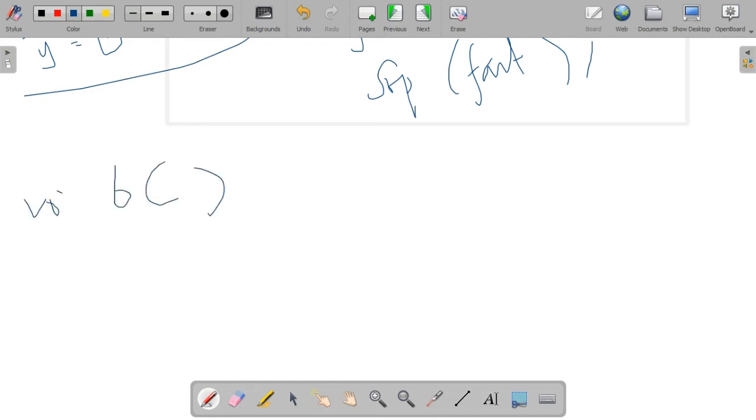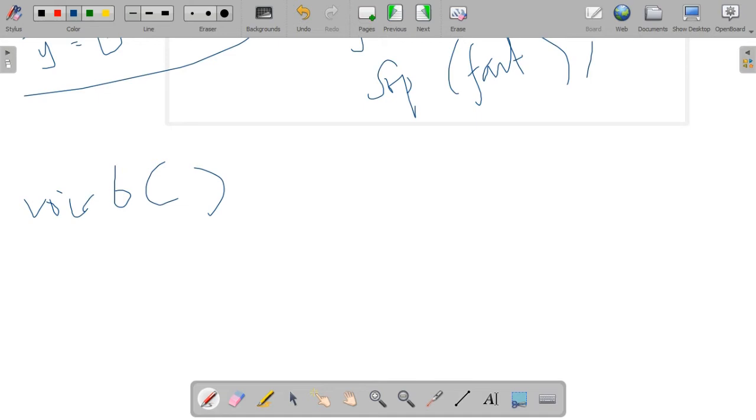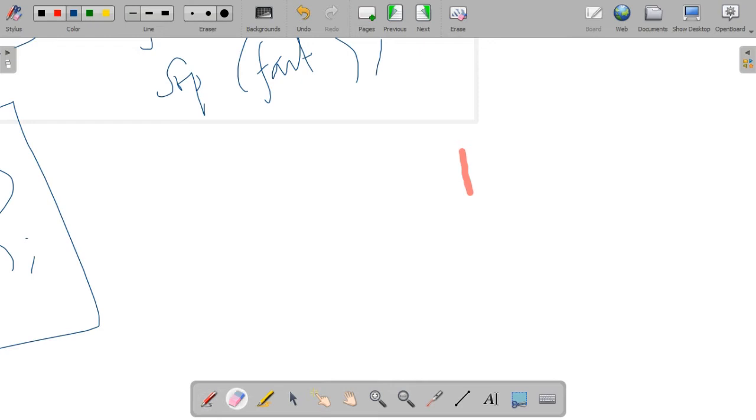Then how will we write this concept recursively? So what is recursion? A function calling itself. For example, B is the function we are writing, whether void or any return type. We open the braces, and again we call B in the same method. That is known as recursive. This is known as the recursive concept. So how will you write the factorial?